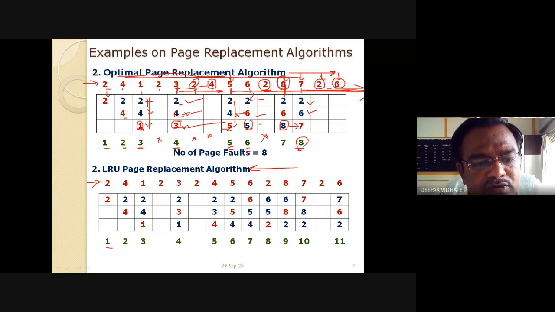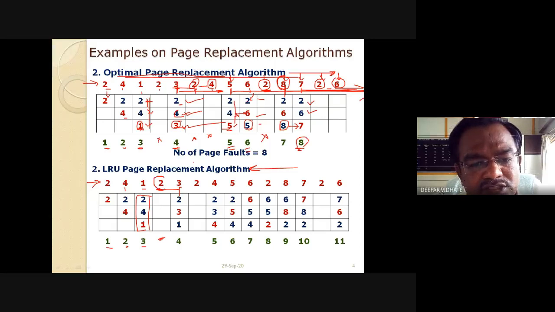The first page fault occurs for 4, put it here. The second page fault occurs for 1. Page fault number 3 occurs, and put that number inside the frame. So now all the 3 frames are currently occupied. For 2, there is no question about the page fault. Now for 3, see here, a page fault occurs. Now out of this 2, 4, 1, which page is to be replaced, right? So from 3, I have to start looking in the left hand side direction, or looking into the past.